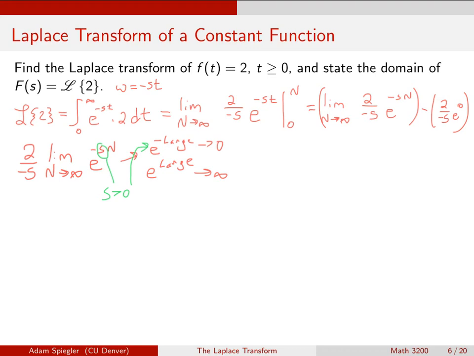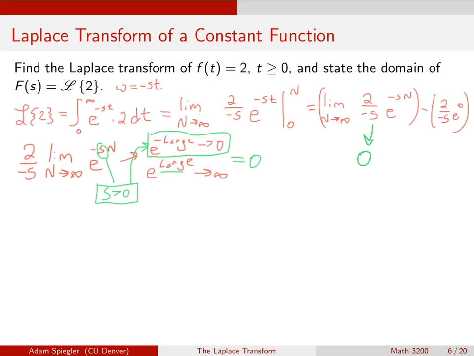What I can see here is that as long as s is positive, then this is going to converge to 0. If s is a negative number, I guess I can include 0 here, then we would be in the other case, and that would be a situation where the integral would not converge. So as long as s is positive,